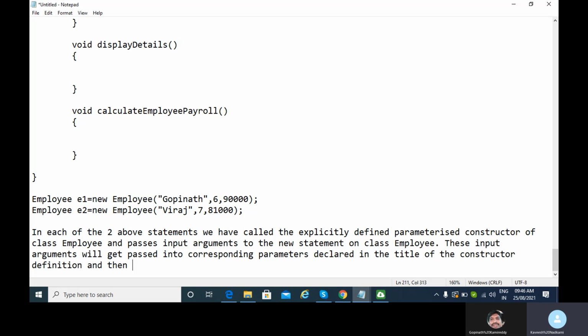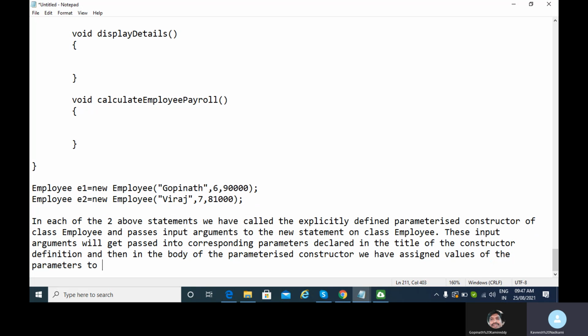And then in the body of the parameterized constructor, we have assigned the values of the parameters, Gopinath, to the data members. Clear, na? Yeah. For that newly created object.